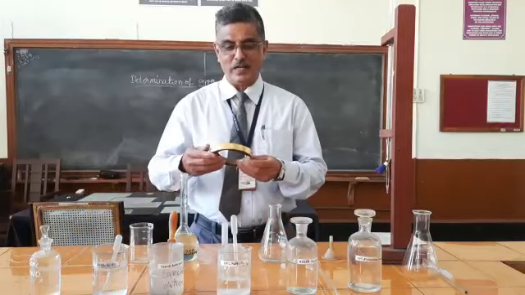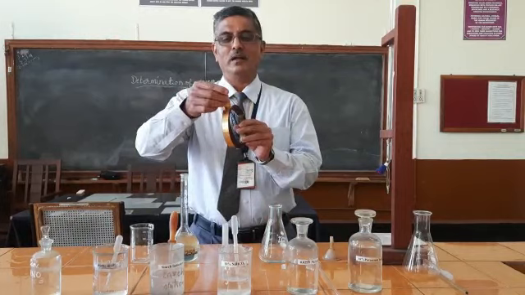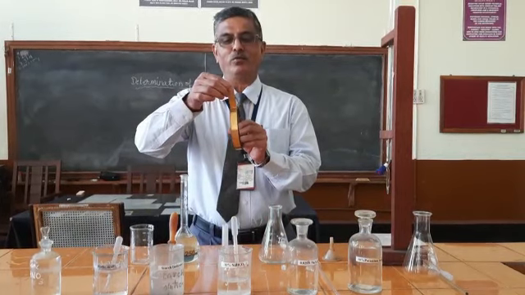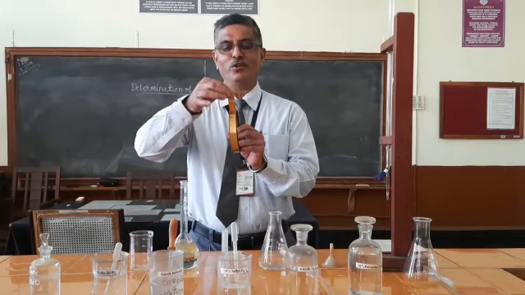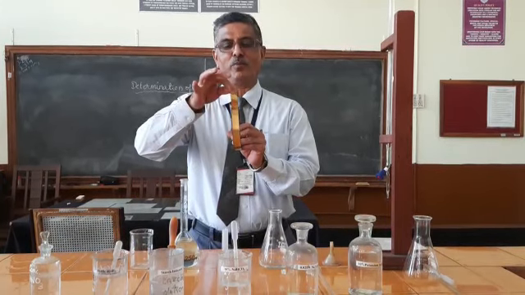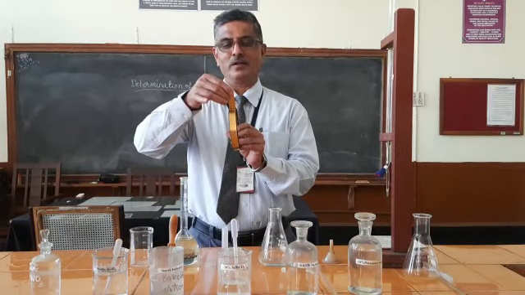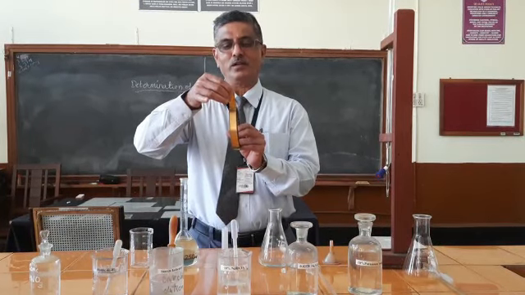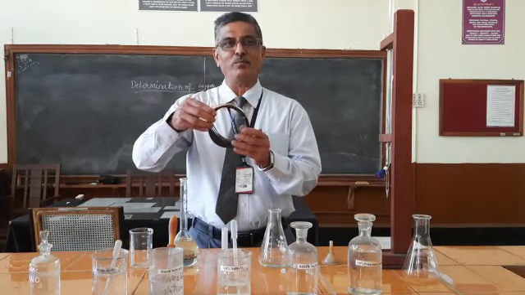Demonstrate how the brass is analyzed. Now this is the brass strip rolled, and you have to find out today what's the percentage of copper present in brass. Now as you know, brass is an alloy of copper and zinc. So copper content is around 60 to 65%, whereas zinc is around 35 to 40%. There are some impurities present also, they are less than 1%.